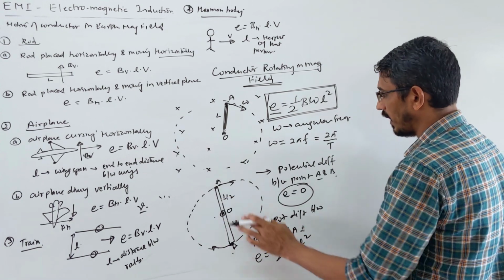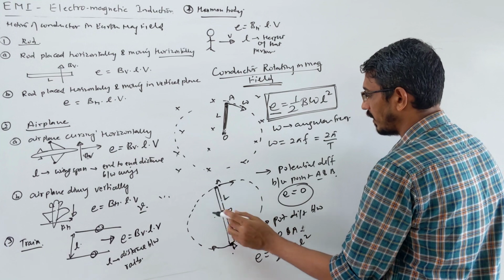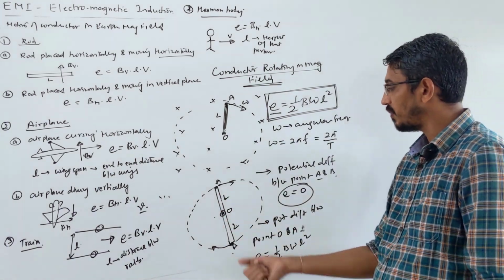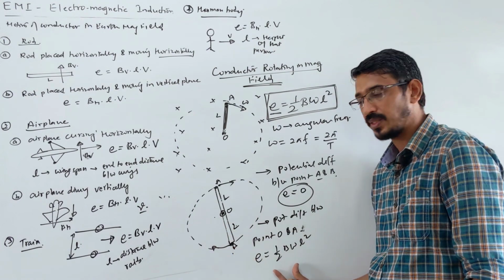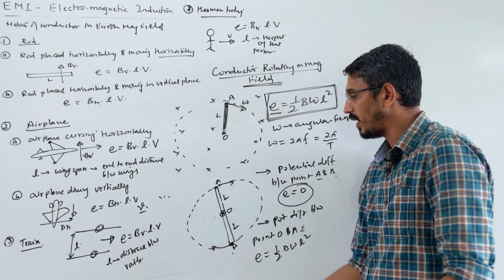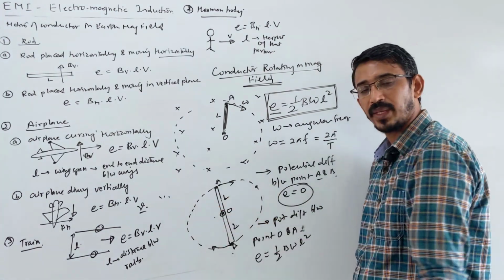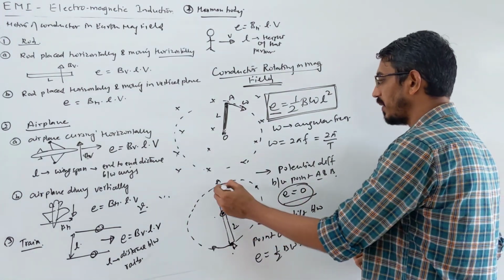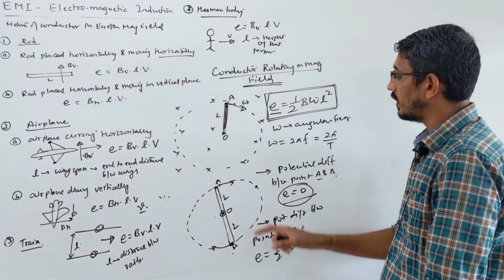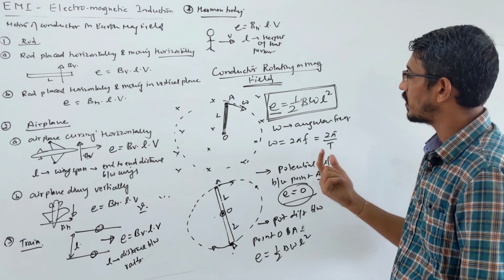L means what? Let me write length. This piece has length L, that piece also has L, from here to here. Okay, that is easy. Same potential between point O and B also. Same answer. O and A also, same answer. But if they ask A and B, or any two points on this circumference, then the potential difference is 0, because they have the same potential. This point and that point should have exactly the same potential.